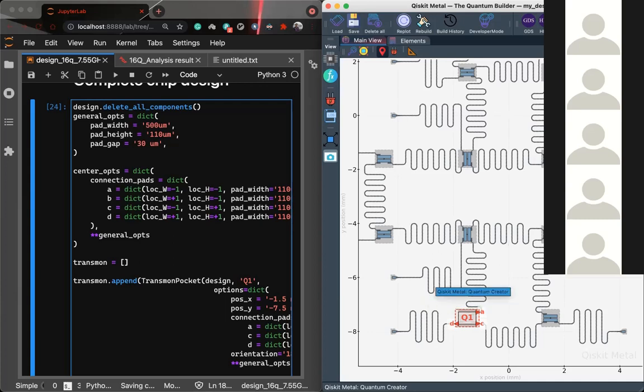Otherwise, there will be some reflections and all those things which will corrupt the state, or maybe even give a wrong output. So this is not a good design because this was just made for demo purposes. But basically you need to change the parameters of each of these transmons and each of these couplers to get a good design. That's what you do.